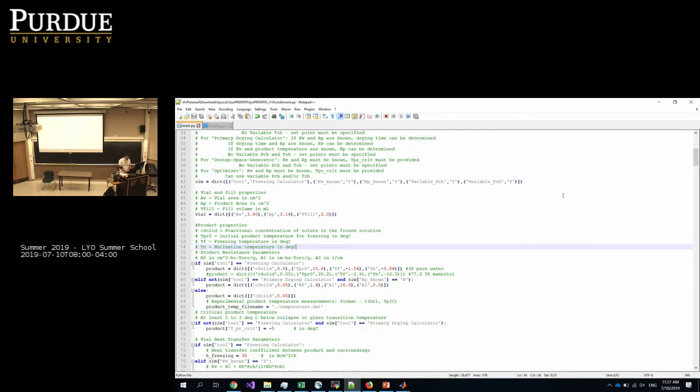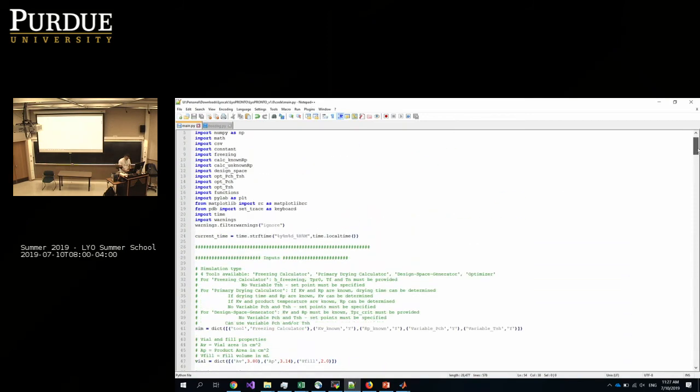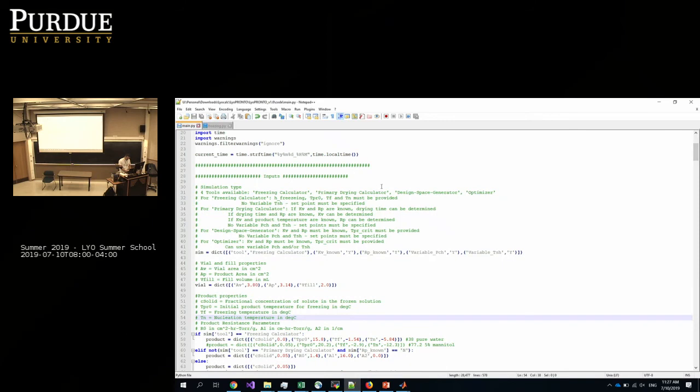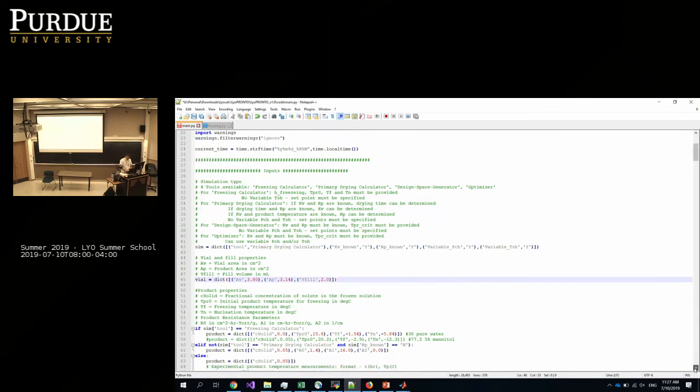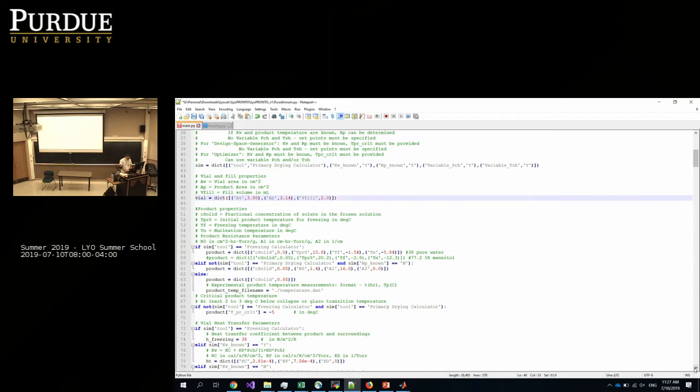So let's run the primary drying calculator. We change the mode from freezing calculator to primary drying calculator right here. The vial information is the same. Then we need to specify product properties. We don't care about freezing parameters we input here, so the code won't go in this